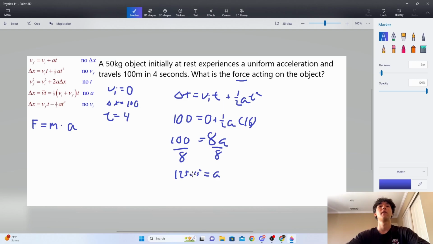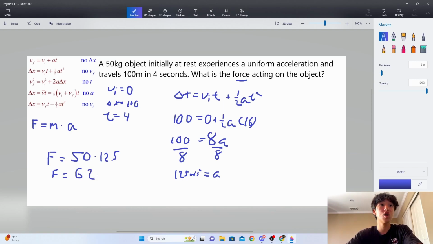All right. And there should be a period there. All right, so 12.5 meters a second squared is our acceleration. And so now we just solve F is equal to m, which is 50 kilograms. And mass should always be in kilograms. If it's in grams, you divide by 1,000, right? So 50 times 12.5. And our force is going to end up becoming